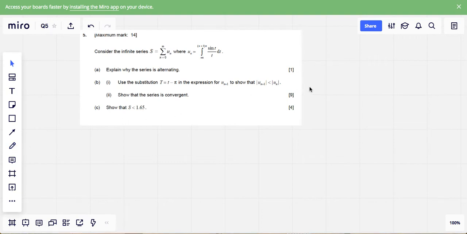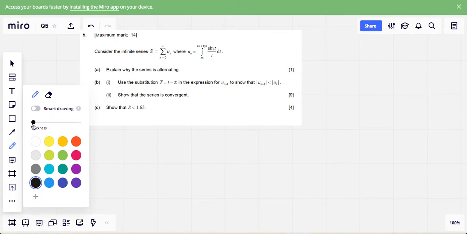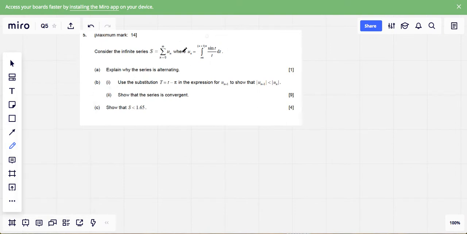So now the next issue is part 2, and let's make it a bit thicker. Okay, and we're going to look at this. So basically, to make sure it's convergent, we know it's an alternating series. We've got